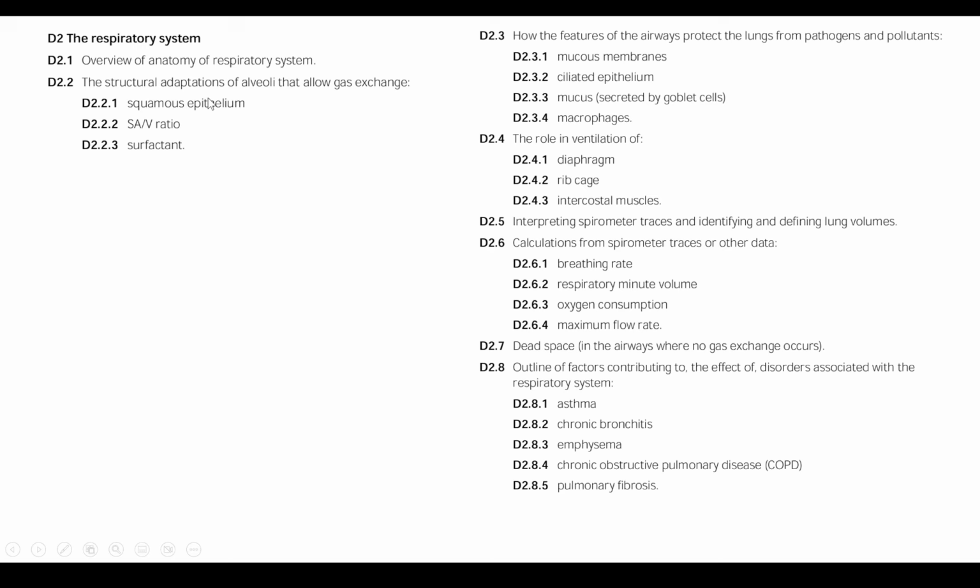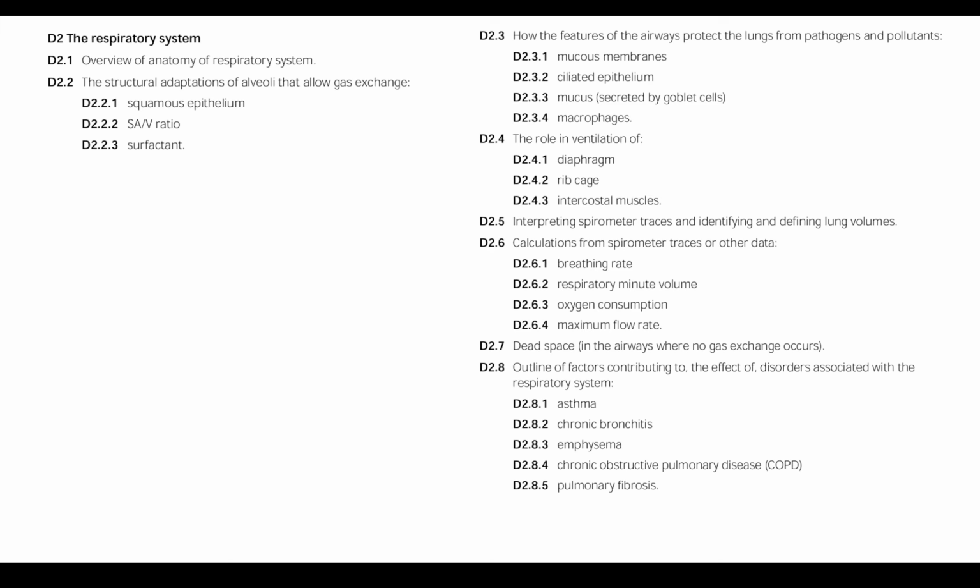So the respiratory system, you need to know the overview of the anatomy of the respiratory system, the structural adaptations of alveoli that allow gas exchange, squamous epithelium, surface area to volume ratio, surfactant, how the features of the airways protect the lungs from pathogens and pollutants like the mucous membrane, ciliated epithelium, mucus secreted by goblet cells, macrophages, the role in ventilation of the diaphragm, rib cage, intercostal muscles, interpreting spirometry traces and identifying and defining lung volumes,